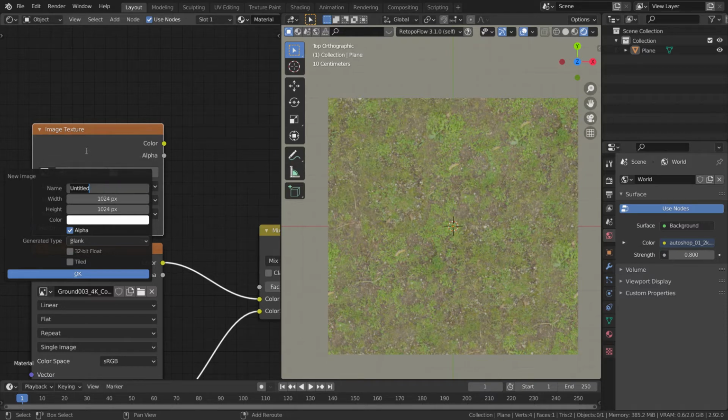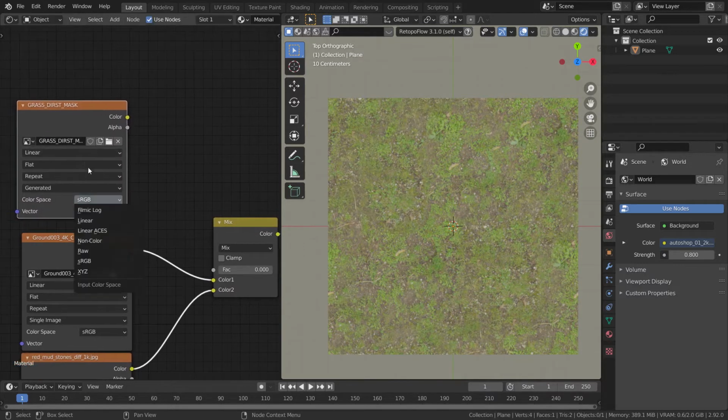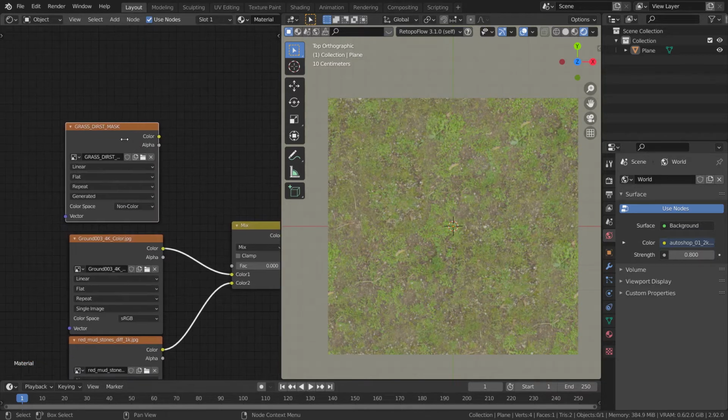Let's name it grass underscore dirt mask. Let's keep the alpha channel, and everything is good, so let's just click OK. So now, as you can see, we can just set this to non-color data.